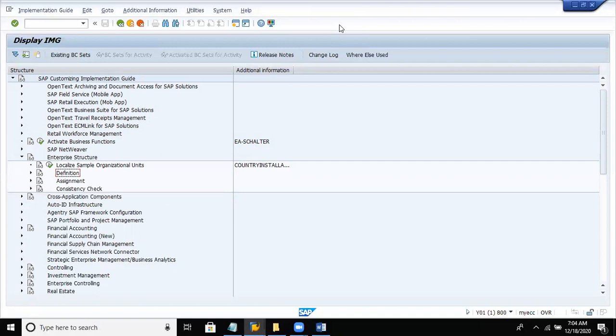And coming to HRM, human resource management, the important configurations are personnel area configuration, personnel subarea configuration, employee group configuration, employee subgroup configuration.